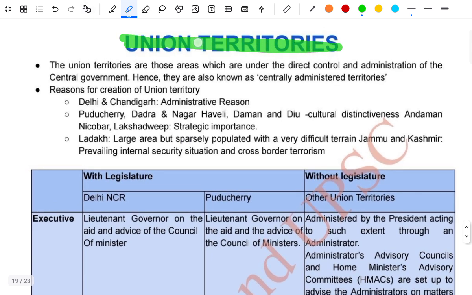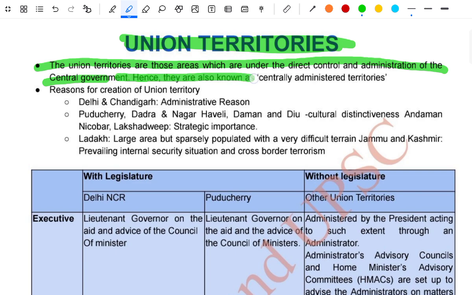Union Territory. The Union Territories are those areas which are under the direct control and administration of the central government. Hence, they are also known as centrally administered territories. Reasons for the creation of Union Territories: Delhi and Chandigarh, administrative region; Puducherry, Dadra and Nagar Haveli, Daman and Diu, cultural